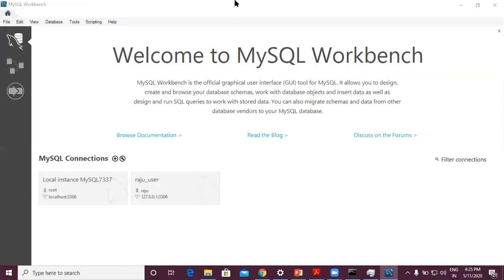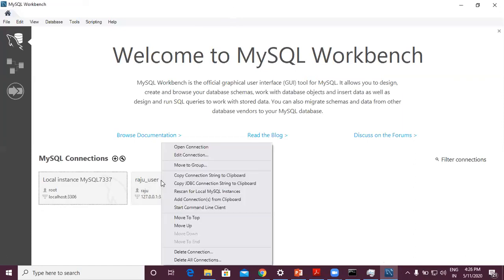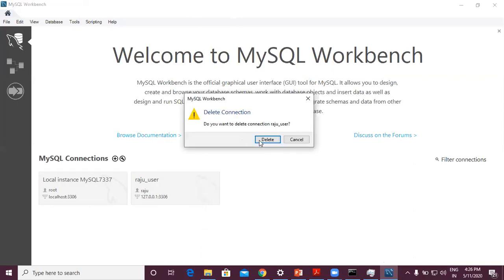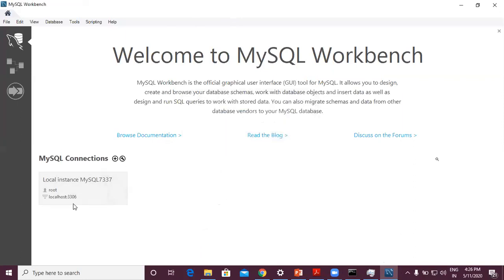Now when you open it for the first time, you will get only the root user, local instance of MySQL 7337. This is the server name, because at the time of installation I gave the MySQL server name as MySQL 7337.